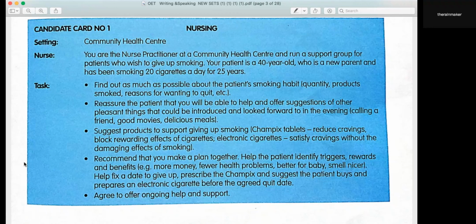Okay. May I know the reason why you want to give up smoking? Of course, first of all, because it's too expensive, and I don't think it's very good to smoke, especially when I have a child now. Oh, that's good. All right. Before proceeding further, may I ask you some more questions, Miss Mary? Yeah, sure. How long have you been smoking? It's been many years. I've been smoking since my 20s, I guess. So it's been 20 years, roughly.